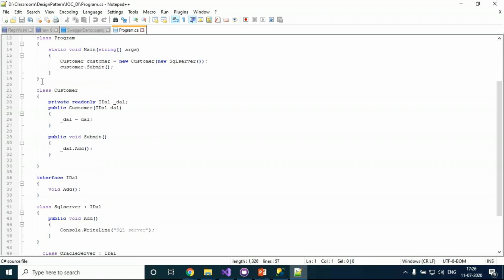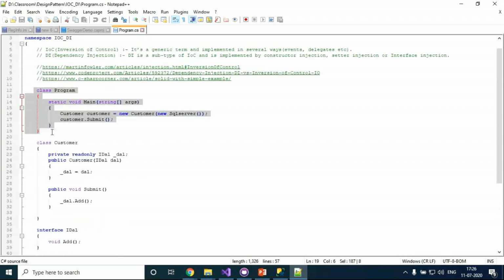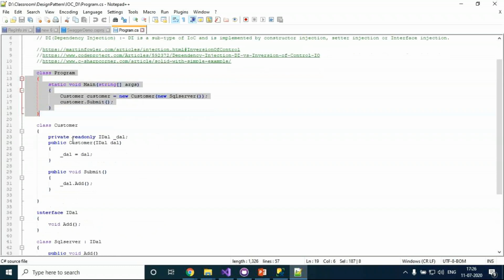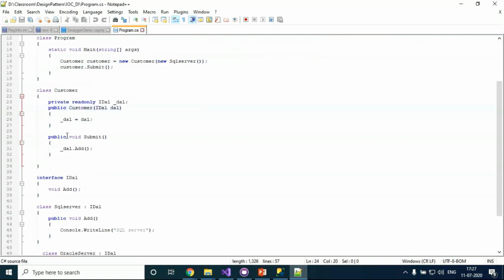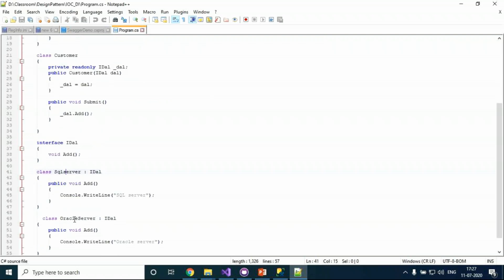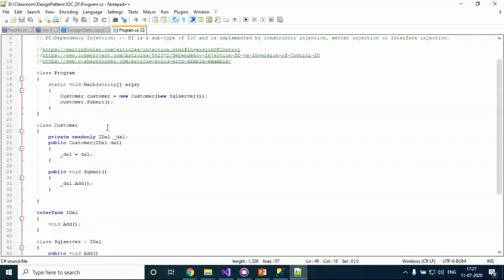Imagine this is my presentation layer, and you want to call this customer here, and to make it generic based on the service, like if you want SQL Server or Oracle services, what I'm doing is we can inject that IDAL. We create a separate interface here, and through this interface I add the object and pass it, and I'm going to call that particular add method, based on the services.